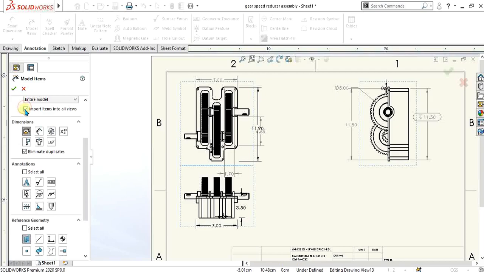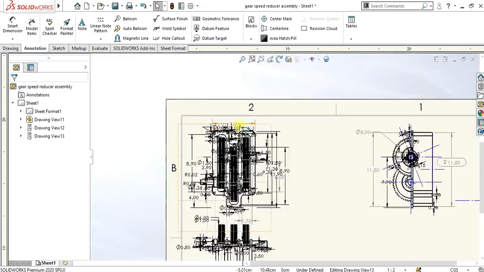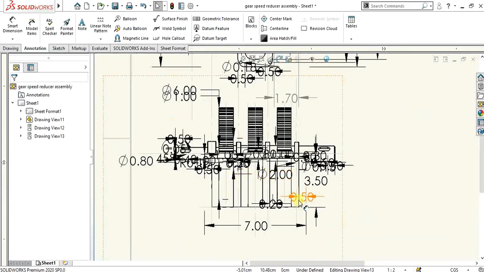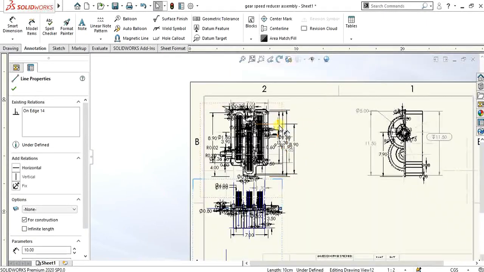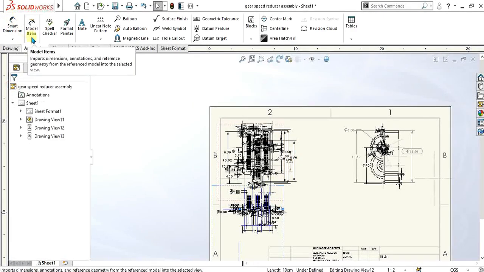Import items into all views. Select OK. And now you can see that it has extracted so many dimensions and feature dimensions. It will take some time to adjust the dimensions, so it is better to use smart dimensioning than model item dimensions.